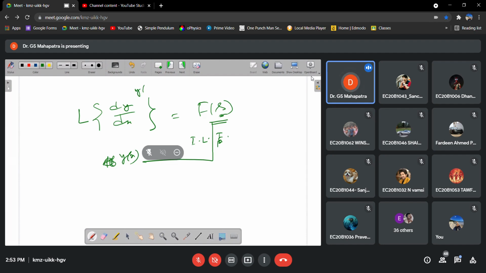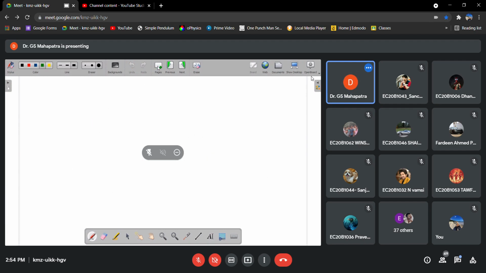Here y is a function of x. You know now, y is a function of x. So you will get y as a function of x, going from x to s, then s to x. So it will be some function of x, not any differential operator. That is the advantage of the Laplace transform. I will give you the details. Just wait. First you know all these standard formulas, then I'll discuss the applications in detail.